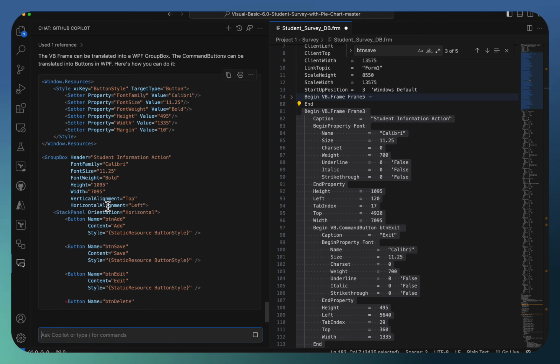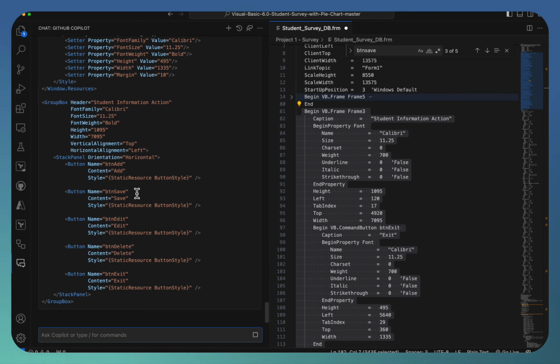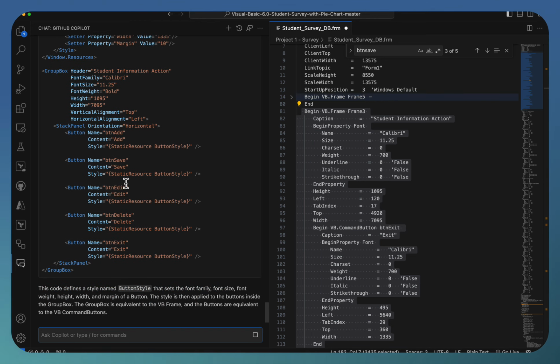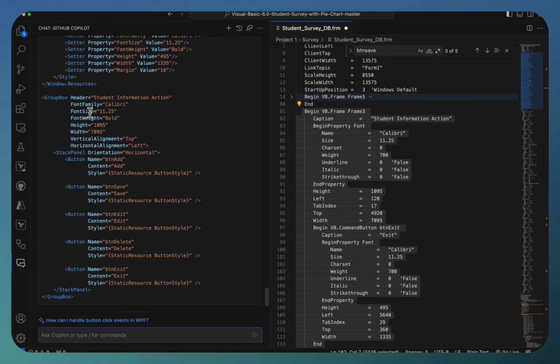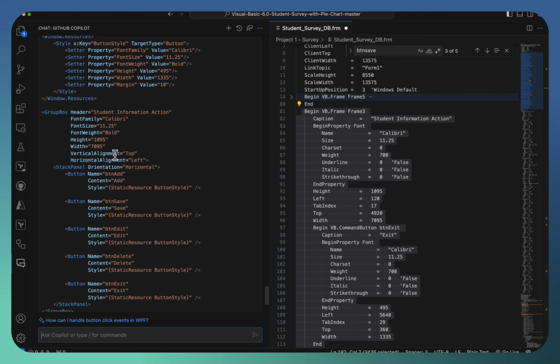The orientation is horizontal, indicating that the buttons will come in a horizontal way. So it's added all the 5 buttons: add, save, edit, delete and exit, and it's used the default properties for the group box, or the properties are defined here. I think it's coming from here. The 195 is coming from here, and the font size and family also come from here. So the styles are also copied from the source